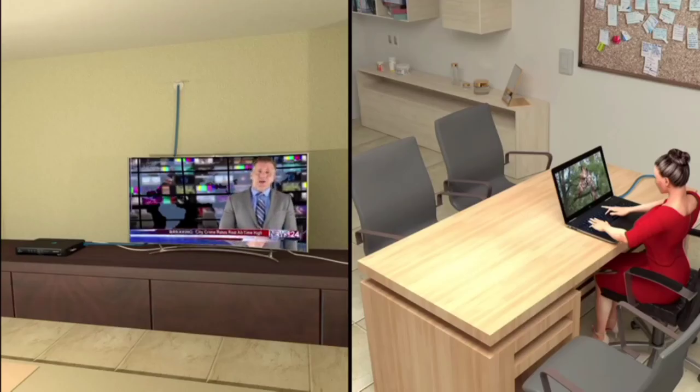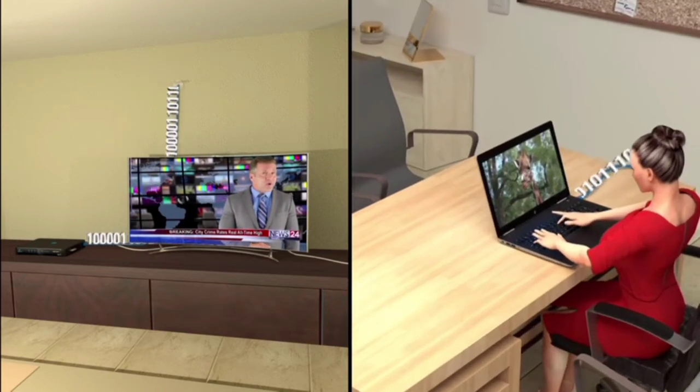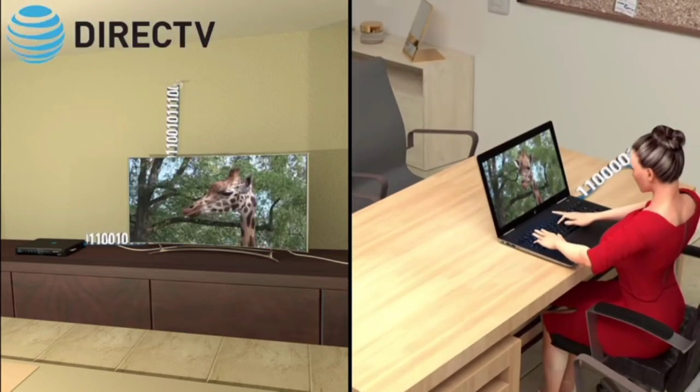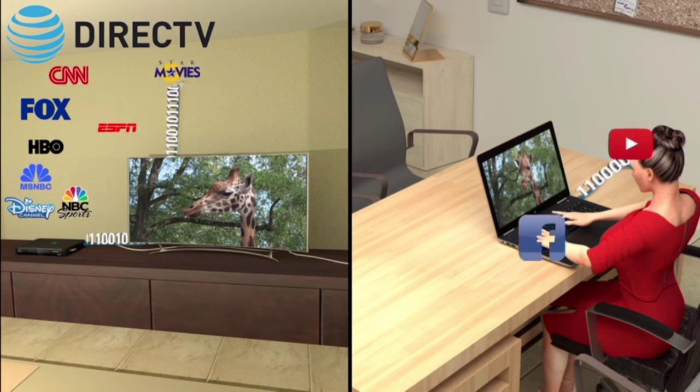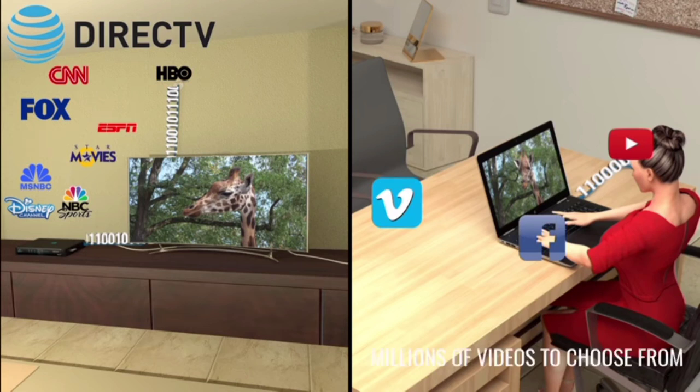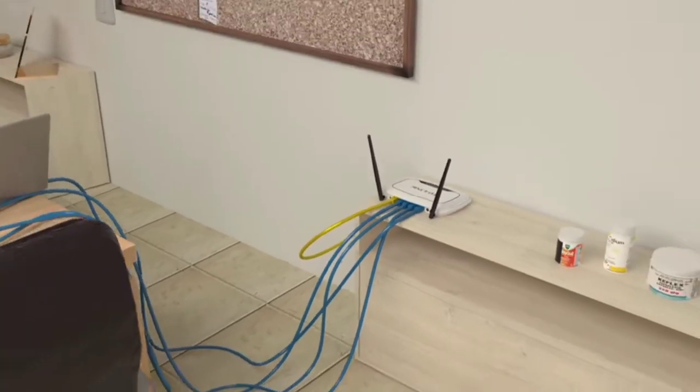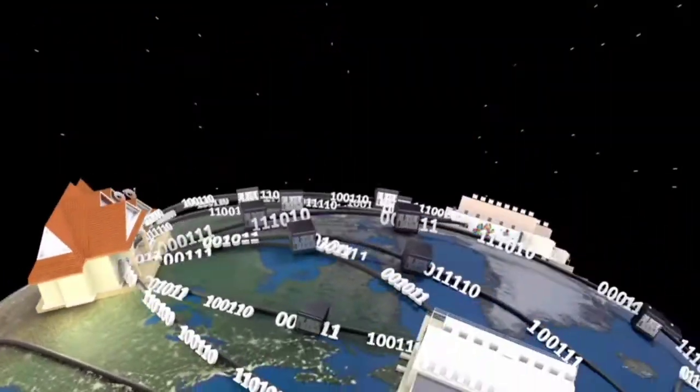Now for the interesting comparison between Internet videos and satellite TV. Both television and Internet technologies transmit data in a digital format, as zeros and ones. Why is there no buffering on your TV in the way that you see it on YouTube or Facebook videos? On satellite television, the broadcaster offers only 300 to 400 channels, or video streams, and the user has to select just one from this small collection. However, on the Internet, the demands of each user are very different. There are millions of videos on the Internet to choose from. This means that the volume of traffic handled by TV broadcasters is nowhere close to the level of Internet traffic, and it is this huge level of traffic on the Internet